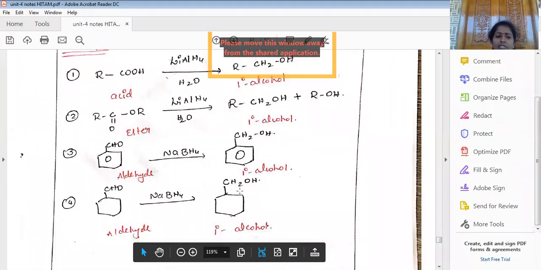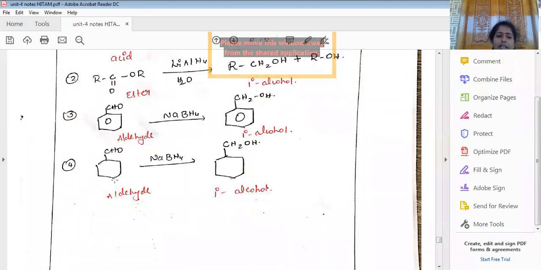When we take a saturated molecule, what is this? Cyclohexyl aldehyde. So cyclohexanol, we can say cyclohexanol. Here an al should be taken, then only it becomes an aldehyde. When it is treated with sodium borohydride, what happens? The aldehyde is converted into a primary alcohol. The intention is always that aldehydes are converted into primary alcohols and ketones into secondary alcohols by reduction with lithium aluminum hydride as well as sodium borohydride.